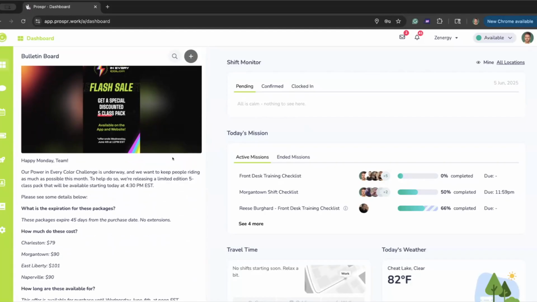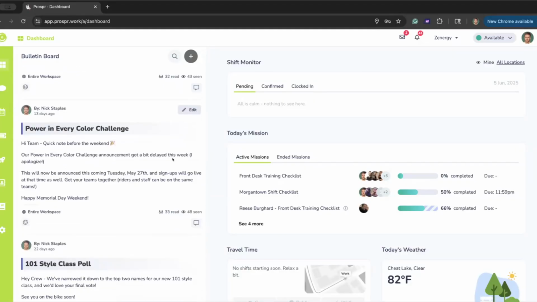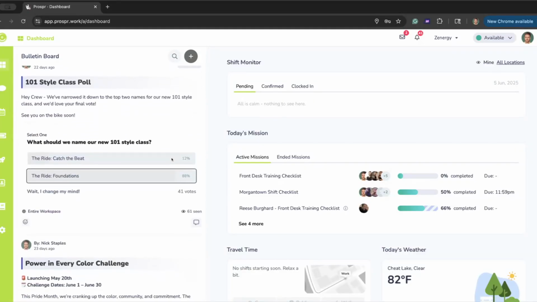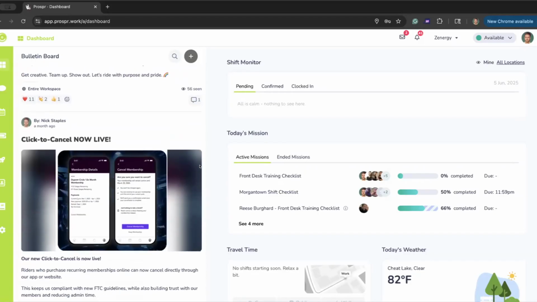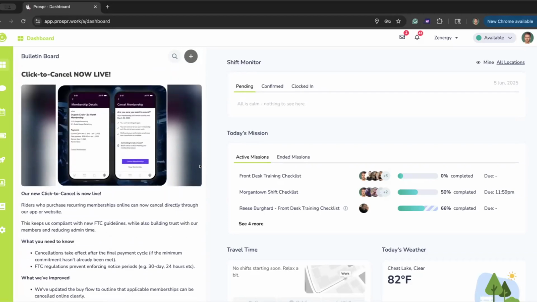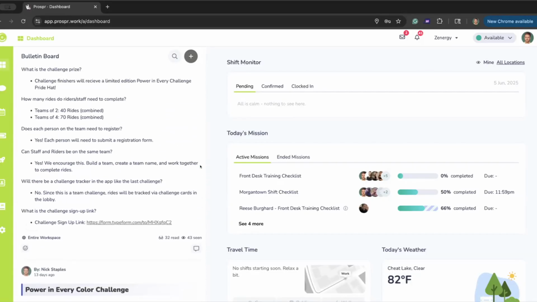such as flash sales, challenge releases. We included our team in a 101 style class poll, asking them what name they liked. So we are able to do a bunch of different things with that. We put all important Mariana Tech releases in here so that our team always knows what is coming, exactly when it's coming. And one of my favorite things about bulletins is you can require that your employees mark that